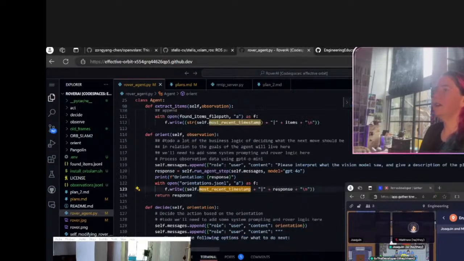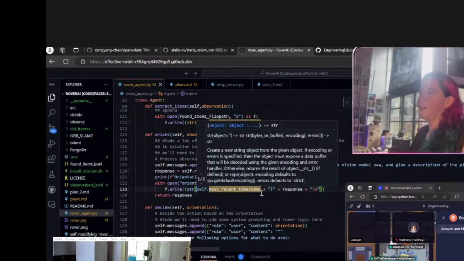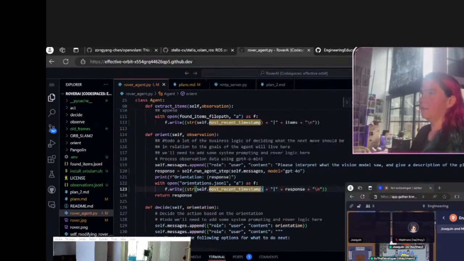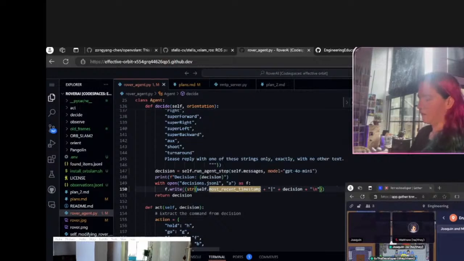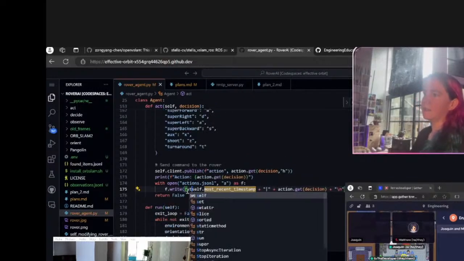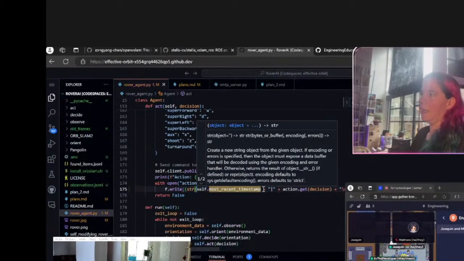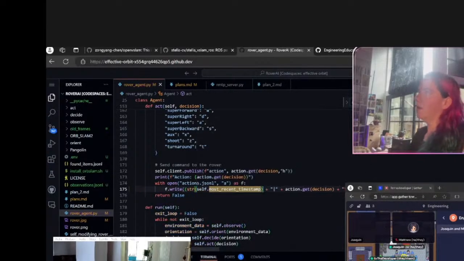So, hey everyone. We're just doing a little bit of debugging, a little bit of typecasting and stuff like that we gotta do. And then we're getting the rover up and running. str. Alright, cool. And then what's the next thing? Yeah, there we go, str. And there we go. Okay, that should fix it. Alright, so now let's run it and see what we got.